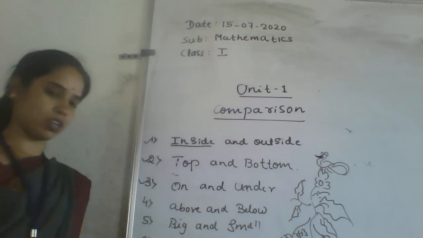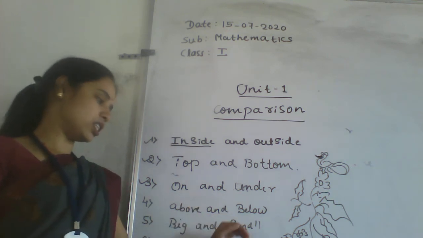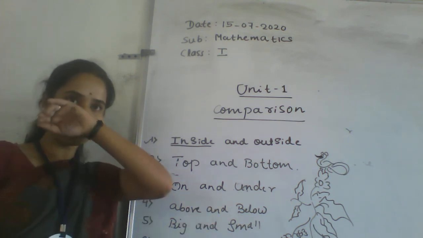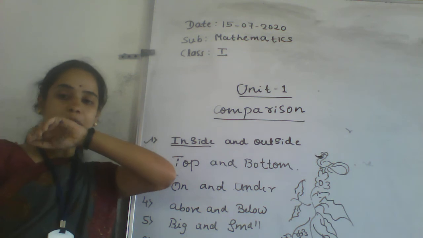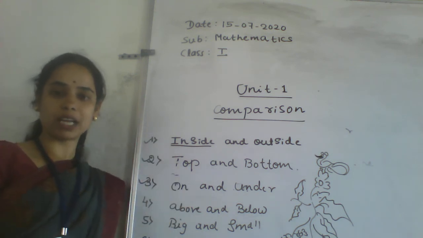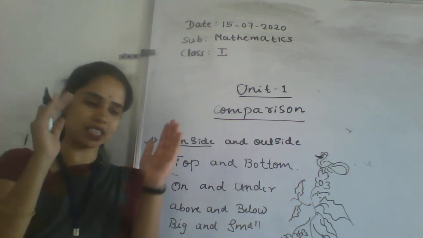Next, big and small. Suddenly you may get it because you are very familiar with these two words. To make it clear, I will give you a family example only. If somebody asks you, which chocolate do you want? Which type of chocolate do you want? What do you say? Tell big one, right? Big one. It's a size, right?